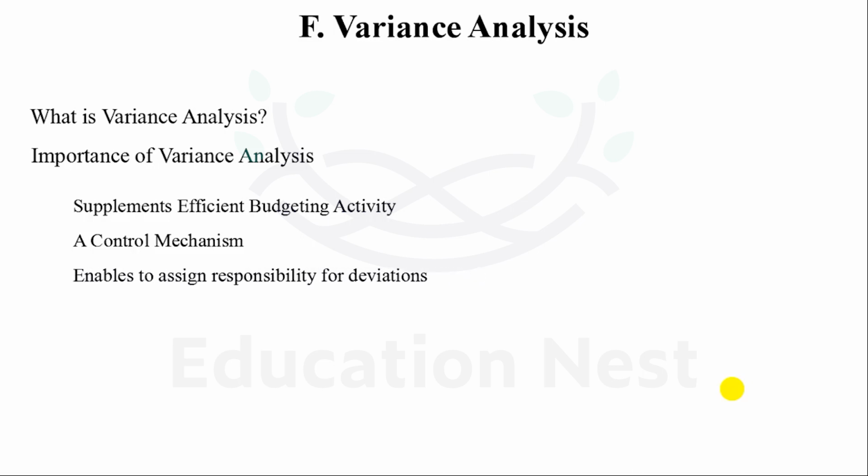It enables assigning the responsibility for deviation. Now, in an organization, it's not just you as a project manager who's working, right? There'll be multiple departments and multiple people running across the organization, all working towards a common objective. Variance analysis helps the entity pinpoint who is the real culprit in the overall negative performance, or who is the real beneficiary of the overall positive performance. Sometimes it happens that because of the efficiency of one, two other inefficient people are being covered up. Or vice versa, because of the inefficiency of one person, many efficient persons are not able to get the credit, because the overall entity results reflect either a single profit or a loss.